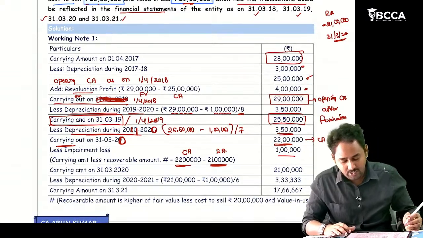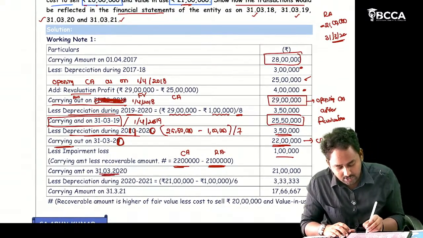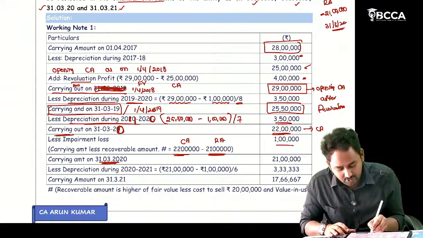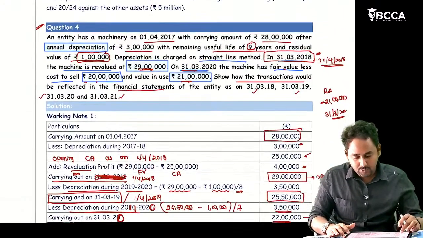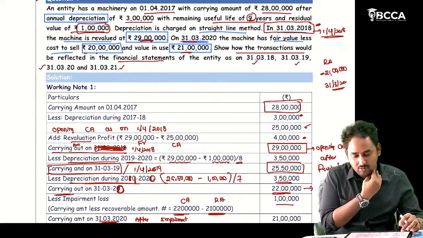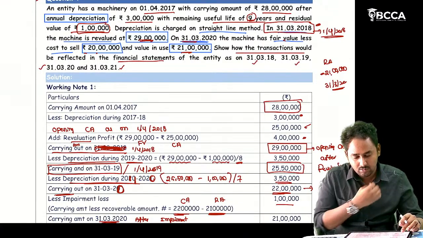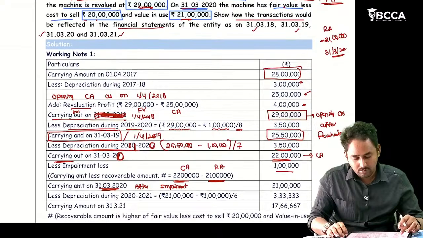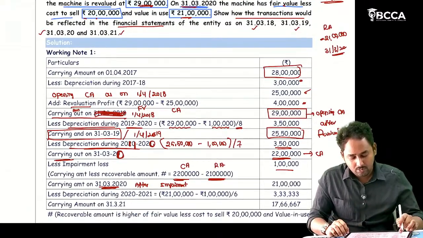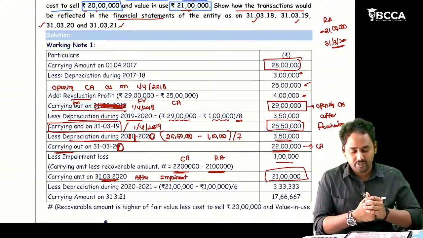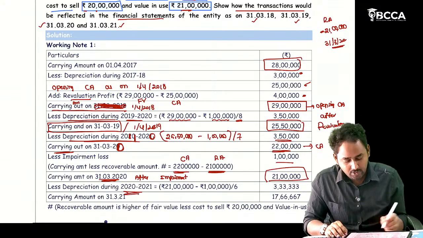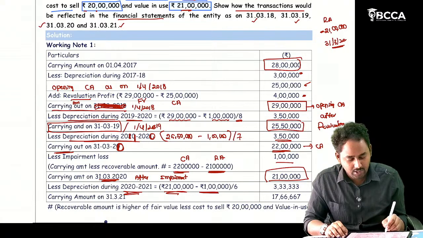So what is the carrying amount as on 31st March 2020 after impairment? It becomes 21 lakh. Then again I should provide the depreciation for 2021, 21 lakh minus 1 lakh divided by